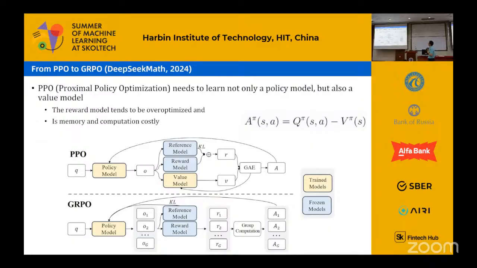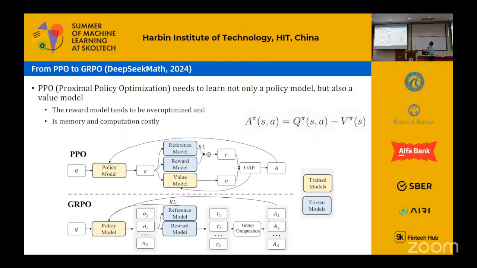improve the PPO algorithm, because PPO has multiple models. You can see it has a policy model to optimize, and another value model to optimize, as I introduced in the one-page introduction to RL. The advantage of this action over other actions at this state is equal to the value of this state-action pair minus the average value of this state. So to compute the advantage, PPO needs multiple models.